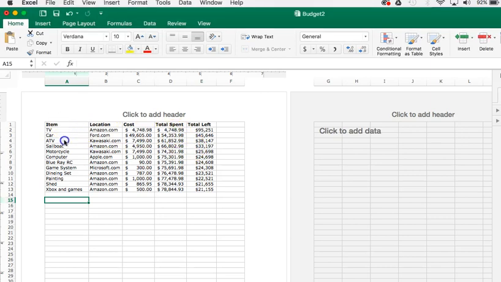First thing I'm going to do is select my data, including the headings. Notice that first column is items. My final column is how much money I have left after purchasing those items. And then the middle column here is my cost. So what I'm going to do is I'm just going to make a pie chart of the cost of each